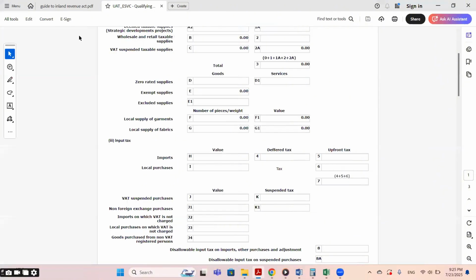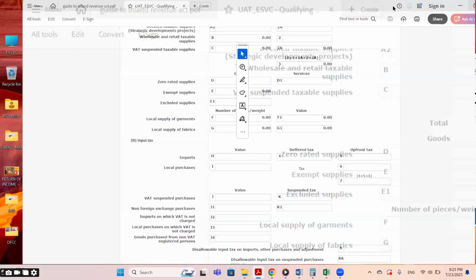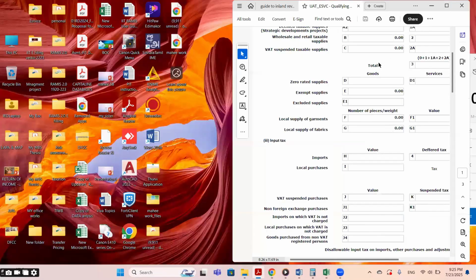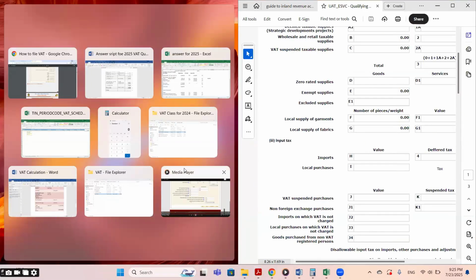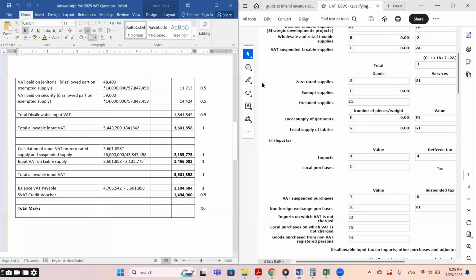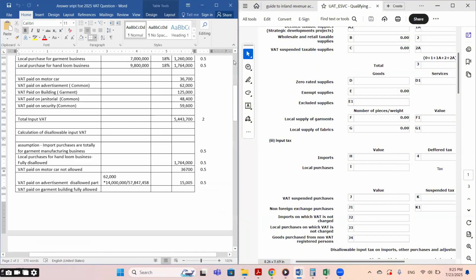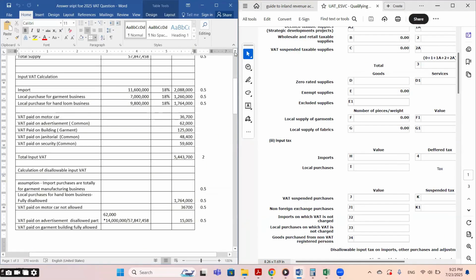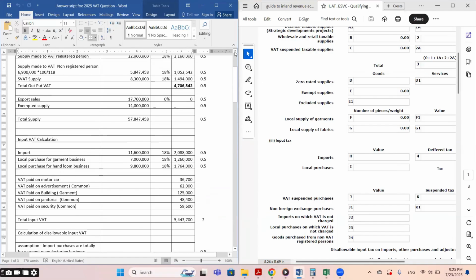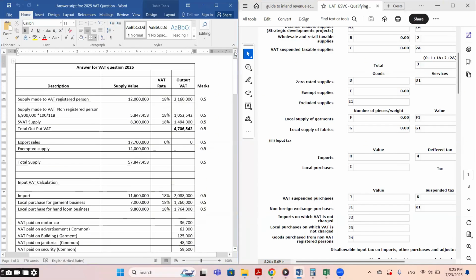This is the return format, and let's couple that with this. First we have to calculate the output VAT. Here it is, so we have to enter the output VAT here,